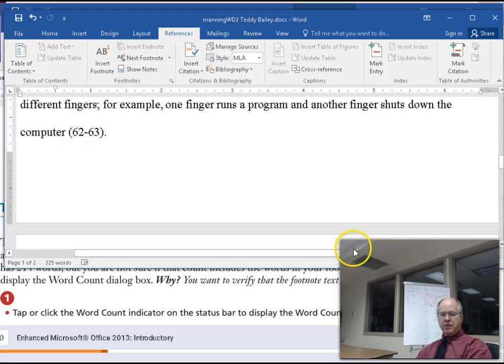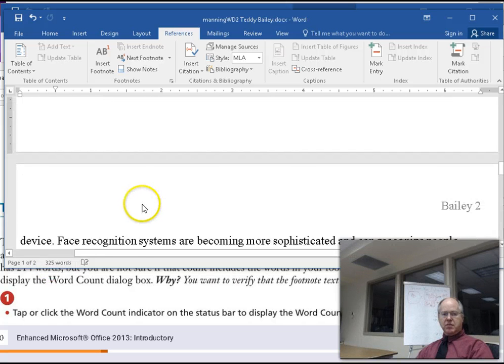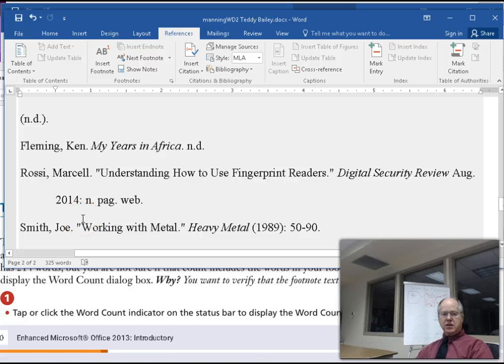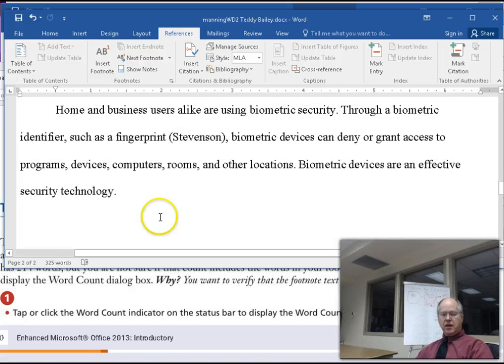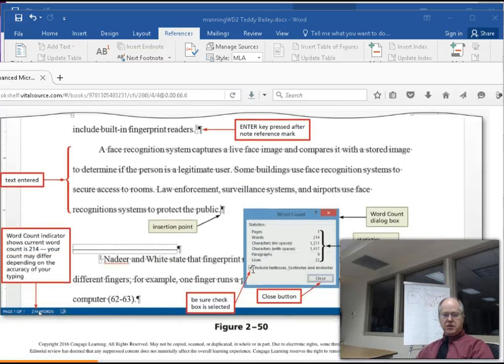I have 325 words, I think because I've already added that works cited as I was explaining that to you. Should we add works cited now? We're getting ready to add it officially here. Let's see, we're counting the words. It shows you, they just demonstrate how you can show a variety of things in the word count. To see that,